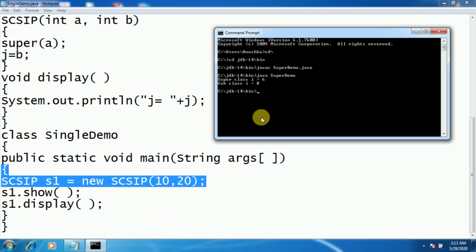So what we'll do now is run this program. javac SingleDemo.java. Once compiled, run it.